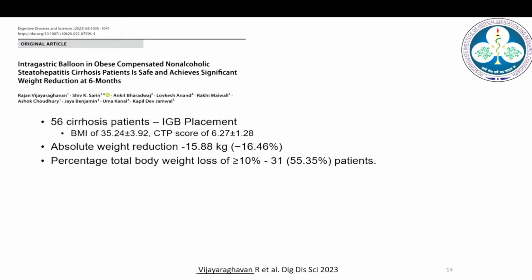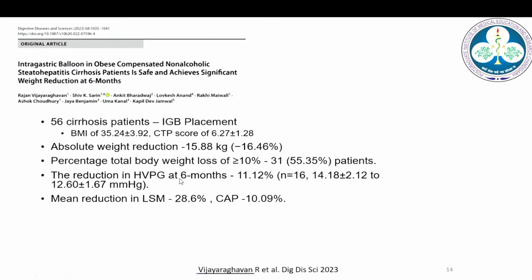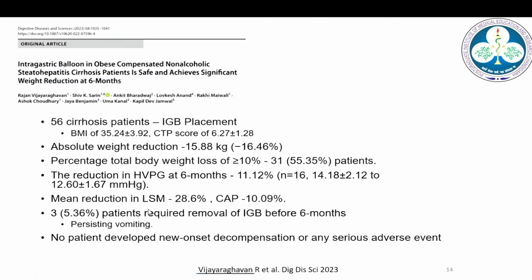And then you have now the larger studies, and one of the studies, again, is a multi-centric study including various centers, including ILBS. There were 56 cirrhotics now, with a BMI of 35 and a weight reduction close to around 15 kg with the balloon. They have seen even reduction in HVPG, portal hypertension, and reduction in their fibrosis score with LSM. And again, these balloons were largely well tolerated. Only one patient had persistent vomiting and no decompensation. So I think the balloons would be